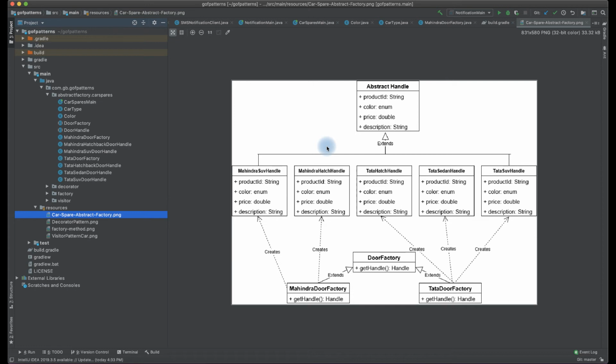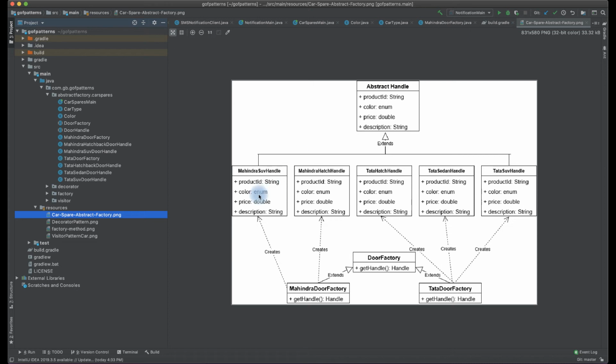So all these vehicles will have door handles, but the door handles will be different in measurement, different in specification, and their functionality will be different. Some of these door handles, when I say open, might require a key. Some may have keyless entry, some may have fingerprint authentication. So the person who is ordering that handle is going to get the handle and fit it. So if we see this abstract handle, there are several concrete implementations of this abstract handle.